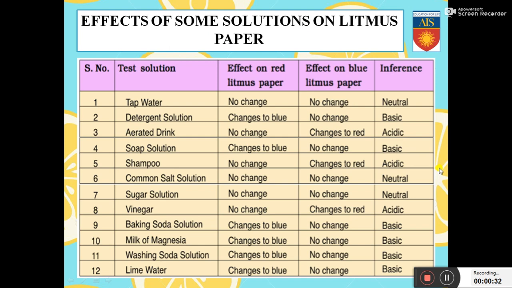So remember, I had asked you a question and asked you to fill up an observation table. Now there are certain solutions given in this table which contain the answer to most of the questions put forward in the previous activity that I told you to write down in the comment section. You can check your answers with this table. There are certain more examples given for your better understanding. So look forward and find your answer. You can pause, you can take a screenshot and you can learn more about this. Let us move forward.